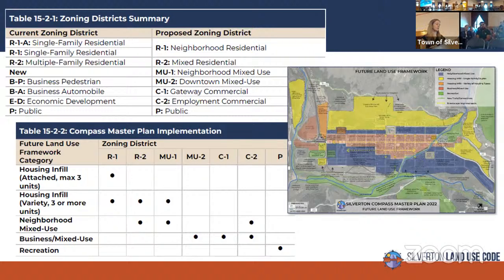So for example, the proposed mixed use downtown, gateway commercial, and employment commercial districts all serve to implement the business mixed use land use category. And as you're walking out tonight, we do have some copies of that future land use framework if you are curious, as well as the existing zoning map. Next slide, please.